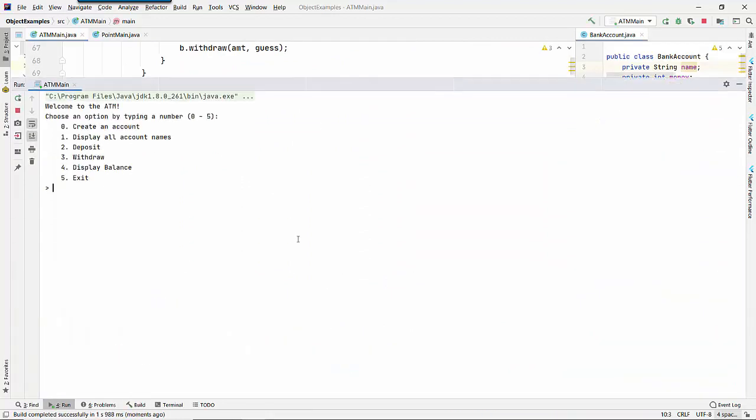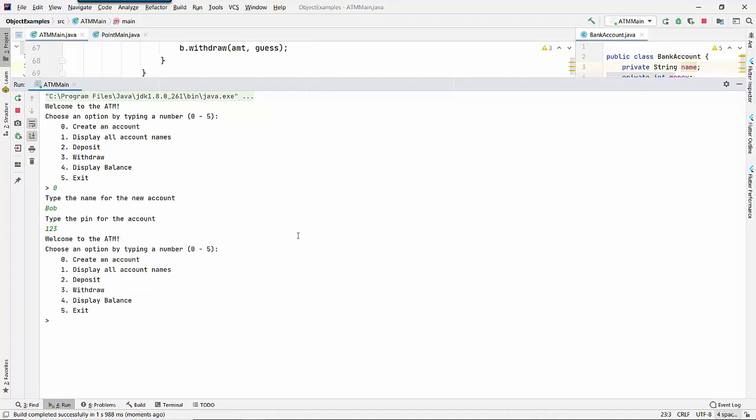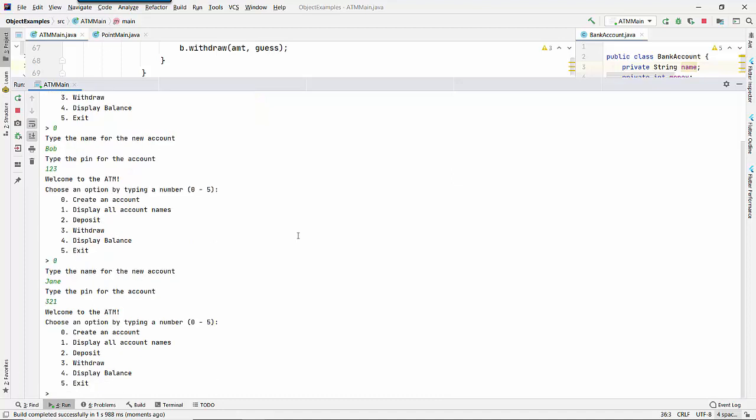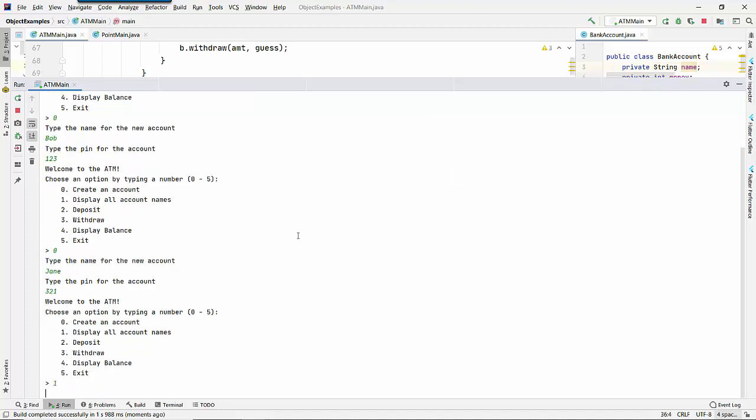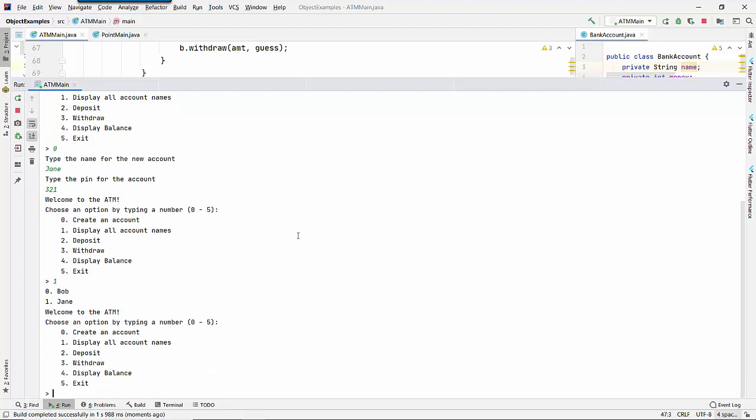All right, here we go. I'm going to create an account for Bob, whose PIN is 123. I'm going to create another account for Jane, whose PIN is 321. Let's deposit. So let's display all the account names. So there's Bob and Jane. Now I'm going to